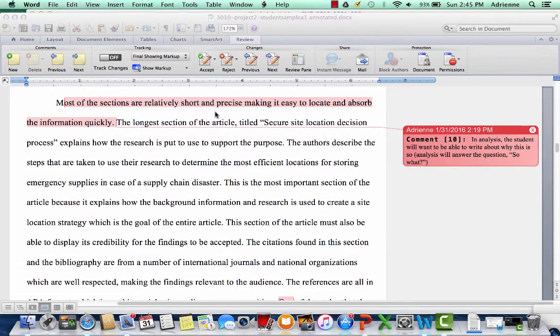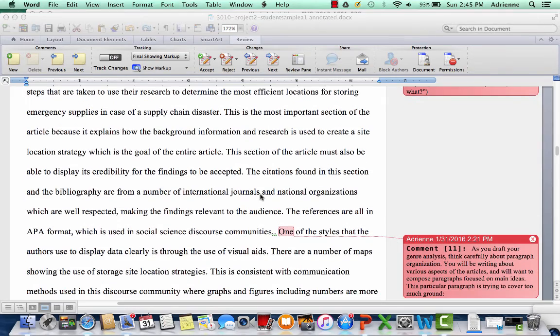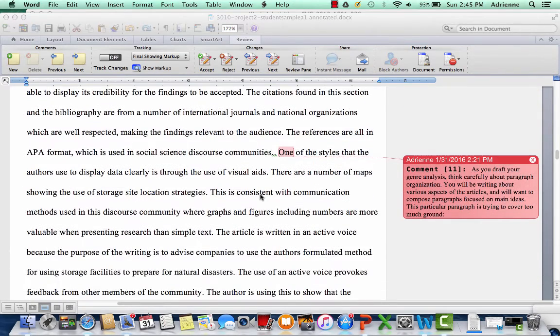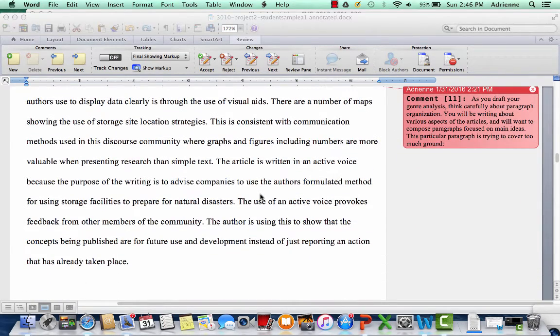The student is writing about a particular long section and what's happening in there, talking about citation, talking about visual styles and visual aids that are in the text, talking about active voice, and it's way too much happening in that paragraph. Each of those ideas might be important, but you'll want to think about developing a paragraph for each key idea in your identification that not only includes what the general concept or thing is that you're identifying, but also where we can see that happening in the text.